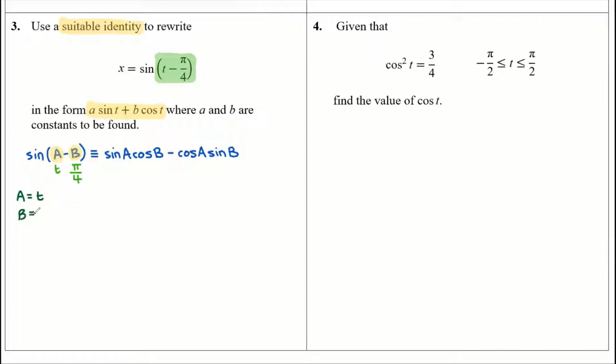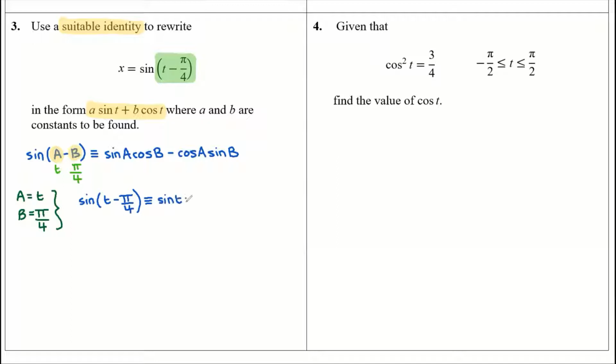Obviously, this is in radians. Let's substitute all this into the formula. So sine of t subtract pi over 4, which is equal to x, of course, is identical to